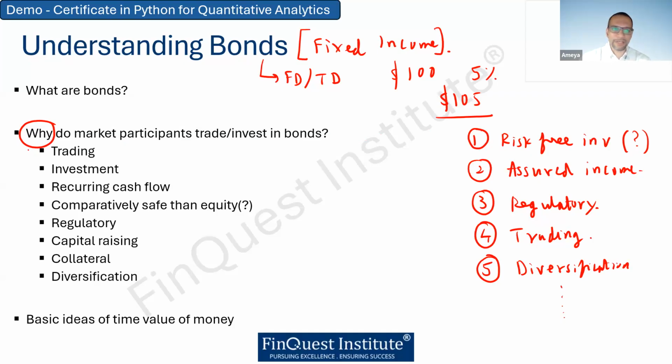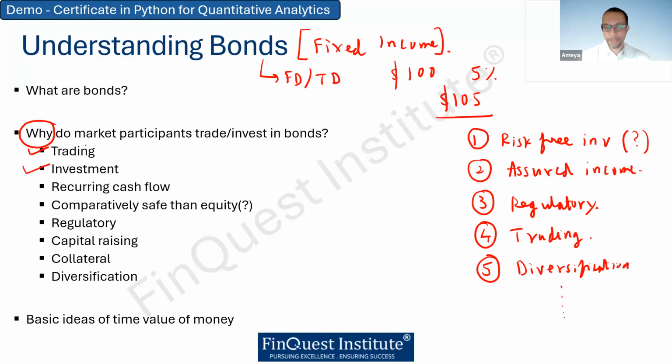So one is certainly trading. We have firms which have very, very large trading desks who trade fixed income. So you have specific people who will be trading government securities, corporate bonds, etc. It can be used for investment purposes. Let's say if one is looking for a short term or maybe even a long term investment, you can think of a certain bond. You can purchase the bond, hold on to it, and you'll receive a certain interest and final payment of